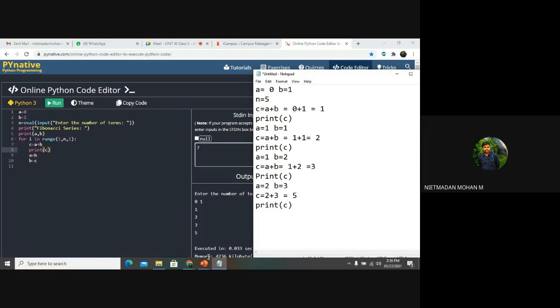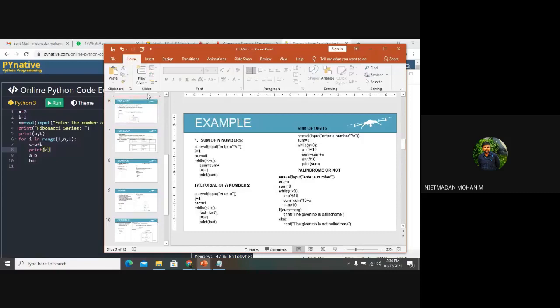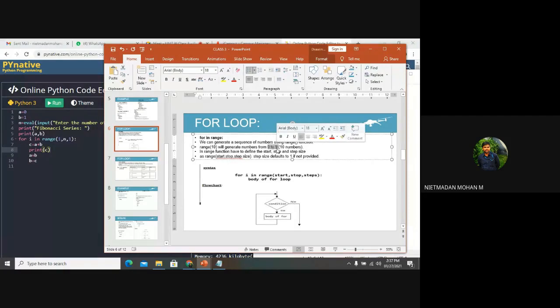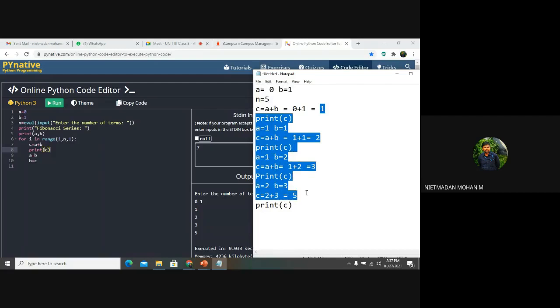Because we have already shown in the coding PowerPoint also that if you are declaring a function over here, if you are generating a range, whatever range we are giving, that will automatically take from the value 0 to 9. It means 0 to n. Whatever number you are giving, it will take the range from 0 to n. In this for statement, the starting initial stage has been declared earlier itself. It means it was mentioned as 0, 0th position, and the remaining 4 positions will give you the output.